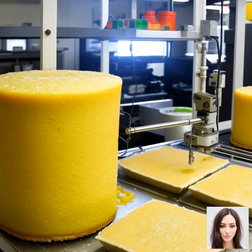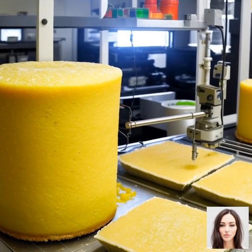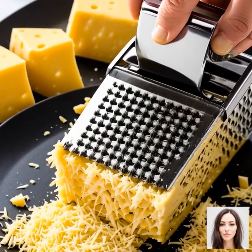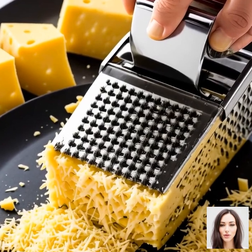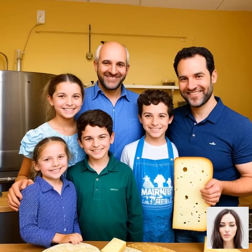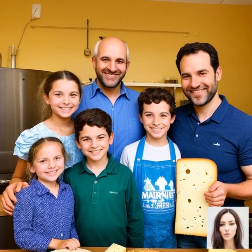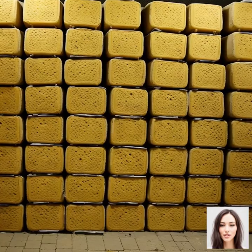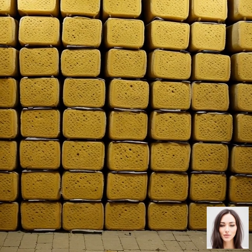Smuggling operations can be quite elaborate, with the cheese being concealed in various ways to avoid detection by authorities. Some smugglers have been caught trying to transport Casu Marzu in luggage, or even hiding it in the trunk of their car. This underground market not only highlights the determination of Sardinian cheesemakers and enthusiasts to keep the tradition alive,